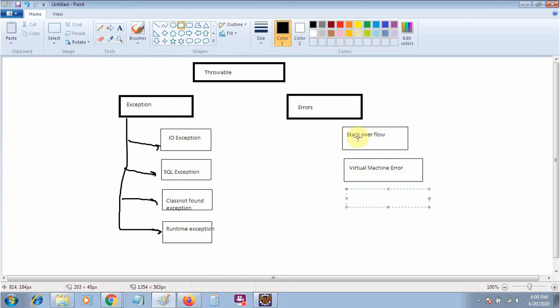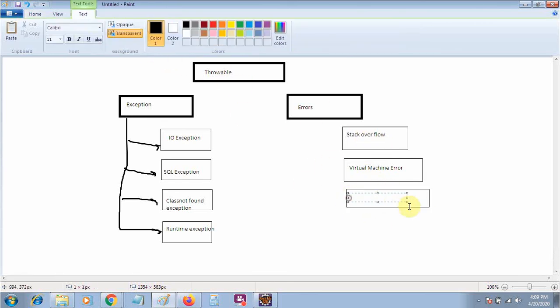We will discuss stack and memory allocation in much more detail in our next session. Out of memory means whatever RAM is reserved by your JVM is now full. So you need to configure more, or you have to clean up your memory a little bit.